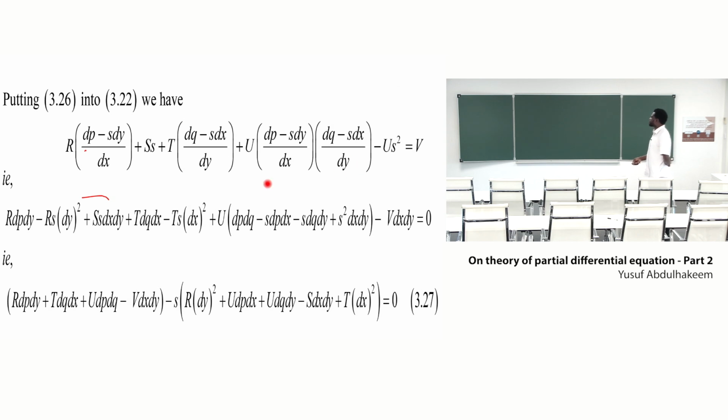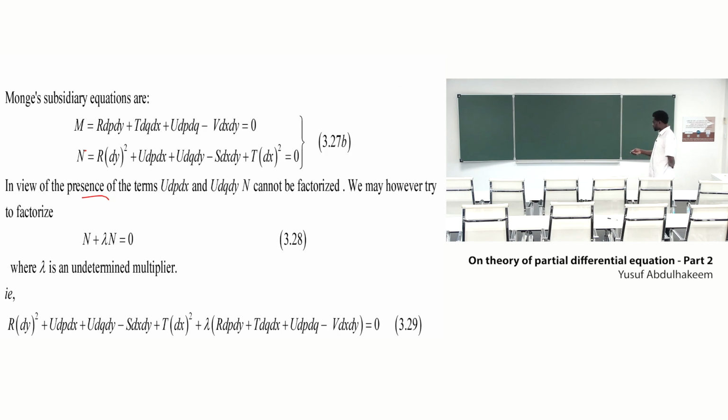And by the time we resolve all these denominators, we are going to have this, then we'll move on to this. By the time we separate them just as we have done earlier, then we have this. Then we can now say that we can equate this to 0 and equate the other one also to 0. And that is what brings us to what we have here in